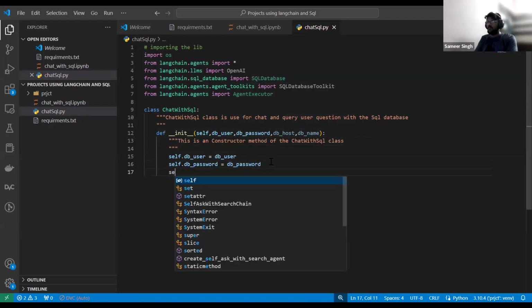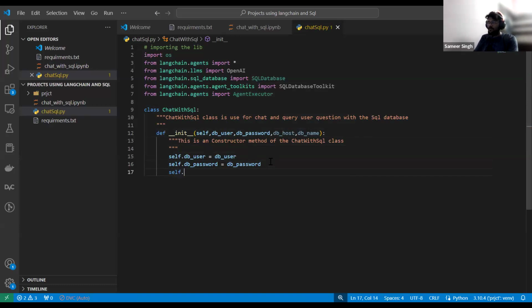Then self dot... right. So now we have initialized the constructor.